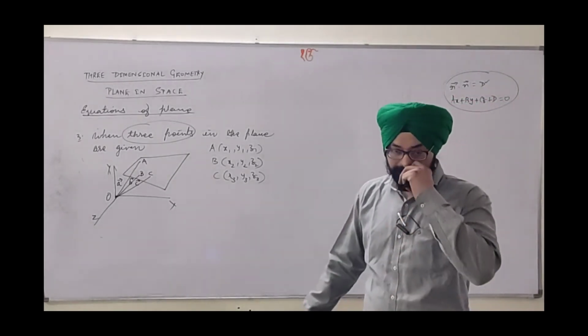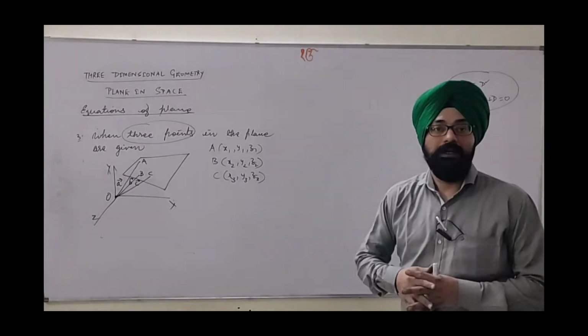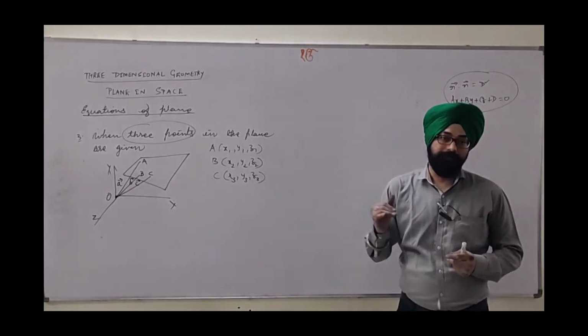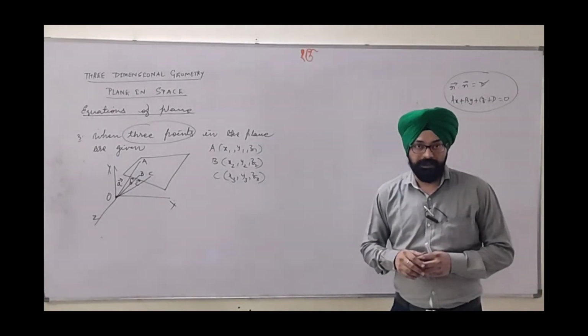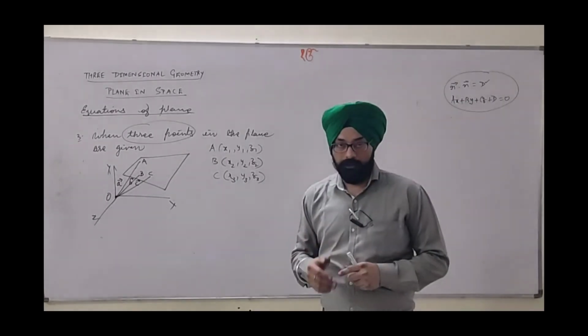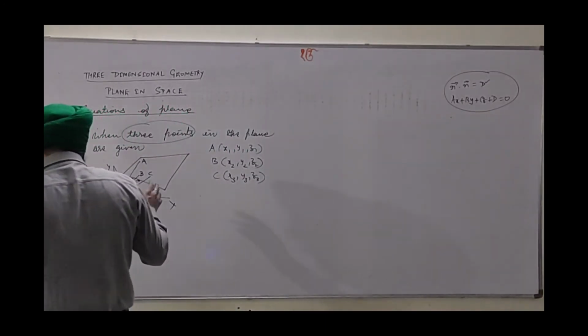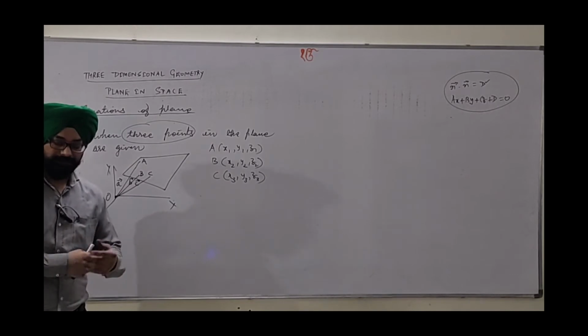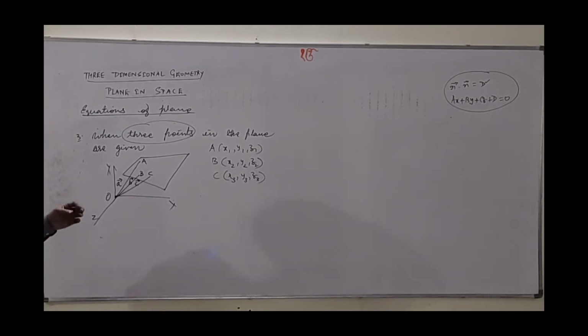Here we come to a very special form. The 3 points lying in the plane, we can say these 3 points are coplanar. The concept was seen earlier in the case of the scalar product form. The scalar triple product form we have seen in vector algebra. That was a condition. By the way, we will see this in a new pattern and its application in the plane. But 3 points A, B, C are given in the plane. We need to derive the equation of the plane relating to the conditions given.